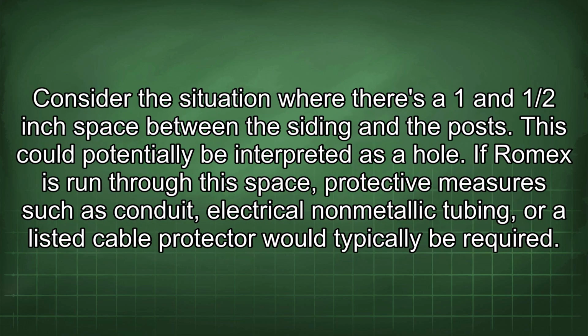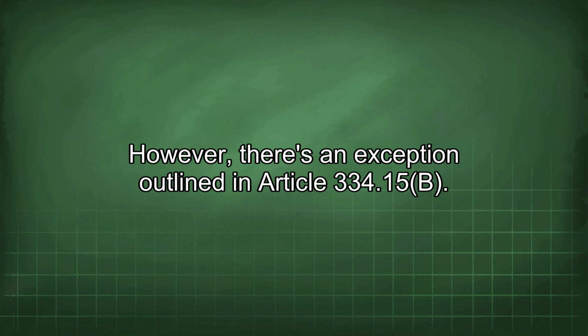Consider the situation where there's a 1 and 1/2 inch space between the siding and the posts. This could potentially be interpreted as a hole. If Romex is run through this space, protective measures such as conduit, electrical non-metallic tubing, or a listed cable protector would typically be required. However, there's an exception outlined in Article